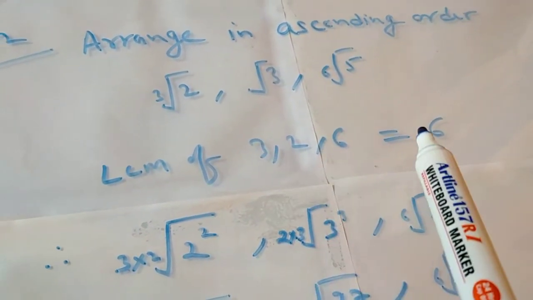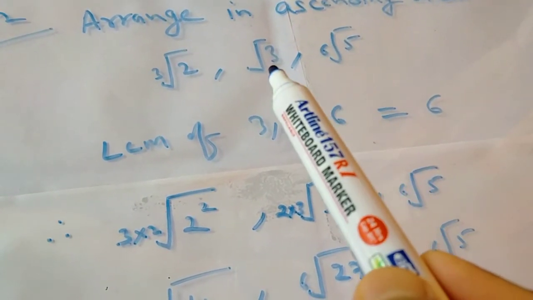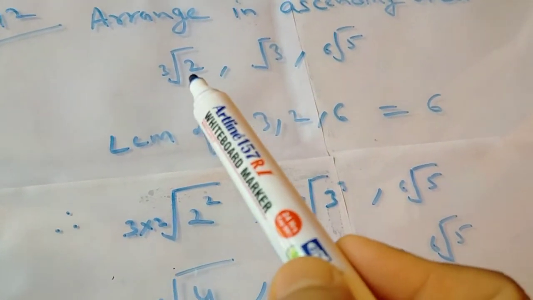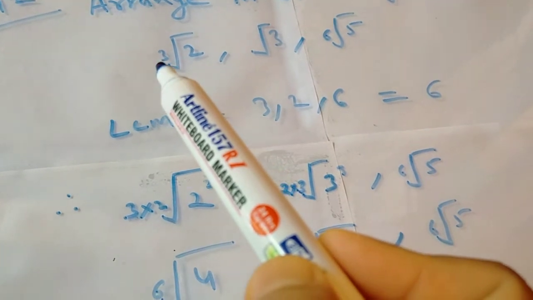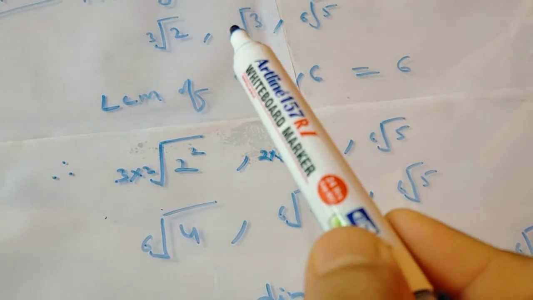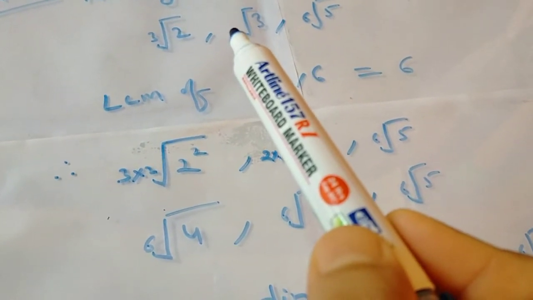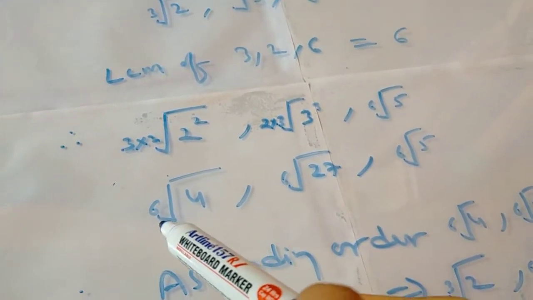So we have to make all the roots sixth roots. The third one is already a sixth root, but these two have to be converted into sixth roots. I have written that one as it is over here. For making the cube root a sixth root, we multiply 3 by 2 and the power we also give 2. So it will be the sixth root of 4, because 2 raised to the power 2 is 4. Similarly here it is a square root, so 2 is here, and we multiply by 3. So 2 into 3 is 6, and the power also we give 3. So 3 into 3 into 3 is 27. So it is the sixth root of 4, the sixth root of 27 and the sixth root of 5.